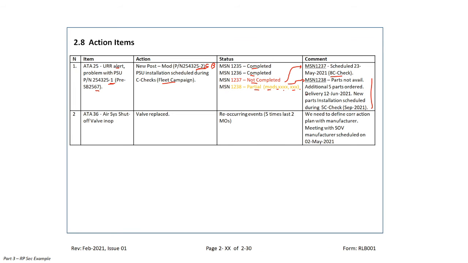Then the action, right? What we need to do. So we ordered the parts, right? And then when we are going to replace or install new items. So all information is available here. Okay. Next item,